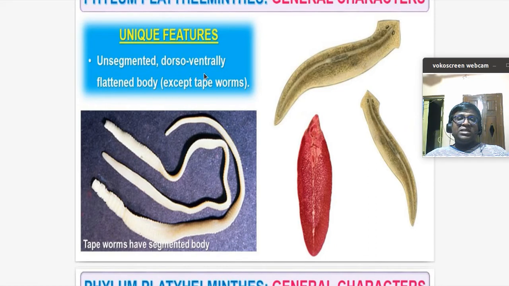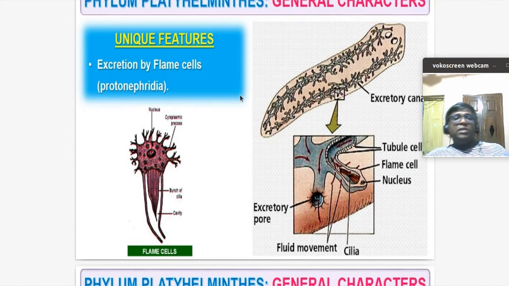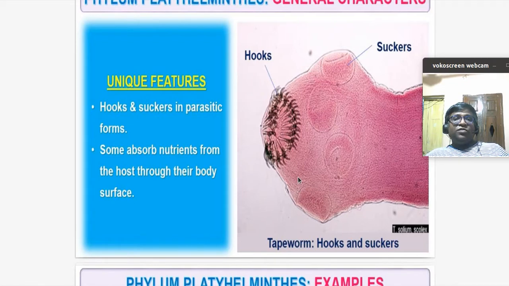So the unique features are they are unsegmented, with a dorsoventrally flattened body, except tapeworms. You can see the planaria here. This is the liver fluke and this is the tapeworm. Excretion is by flame cells or protonephridia. You need not worry about these diagrams. You just remember excretion is by flame cells or protonephridia. So phylum